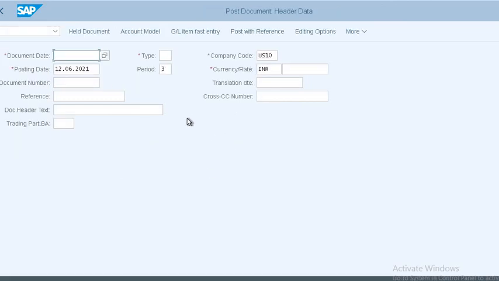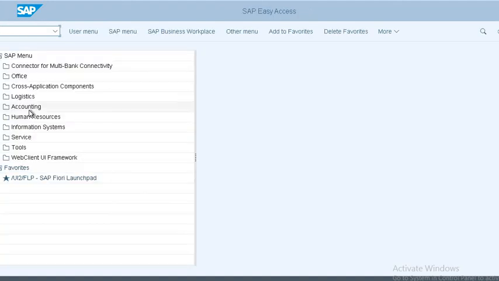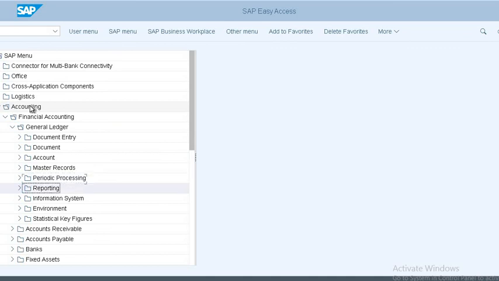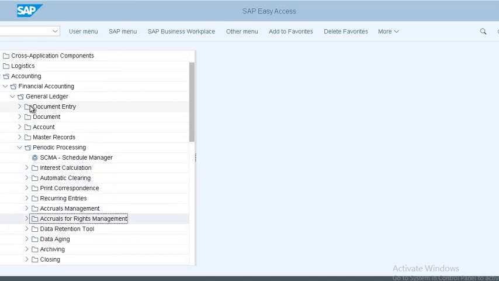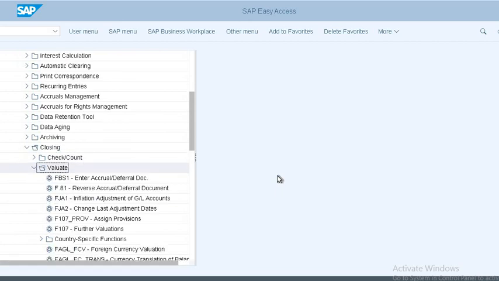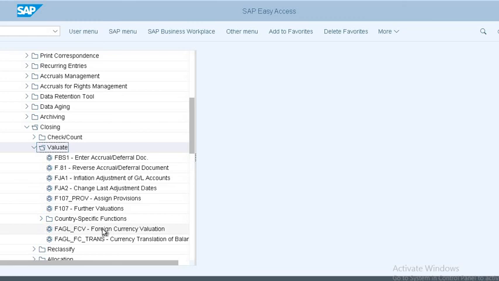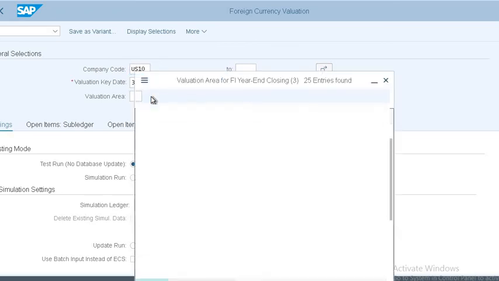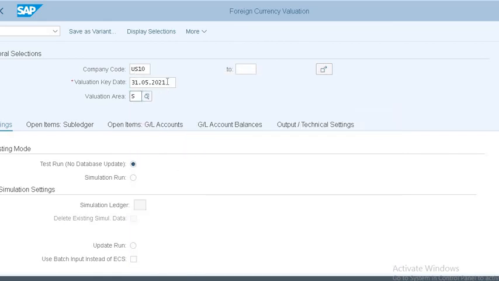Now we will run the forex valuation. We need to give the month end.